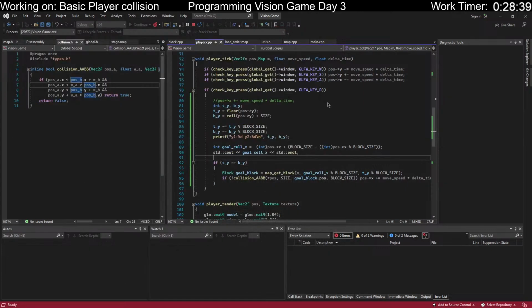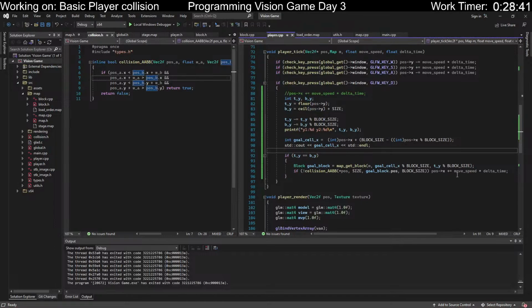Oh, because I never deleted, oh wait, no I did. So remove that. We're grabbing the right goal cell. I think it's because